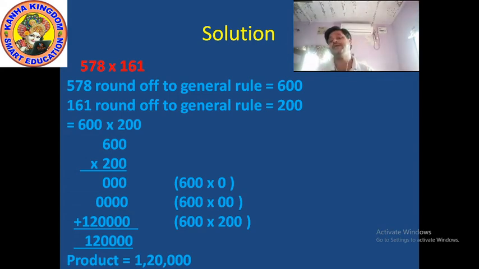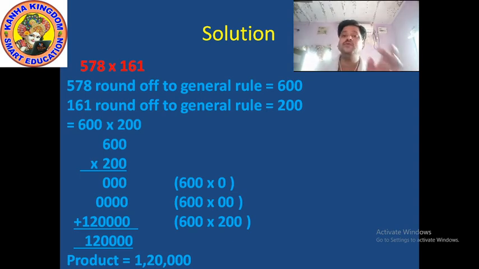Okay. And the second rule is, if the tens place value is 5 or more than 5, then you also convert the tens place value and ones place value into 0, and you have to add one more to the hundreds place. Whatever the digit in the hundreds place, you just add one more to it. Okay. So now come to the number.